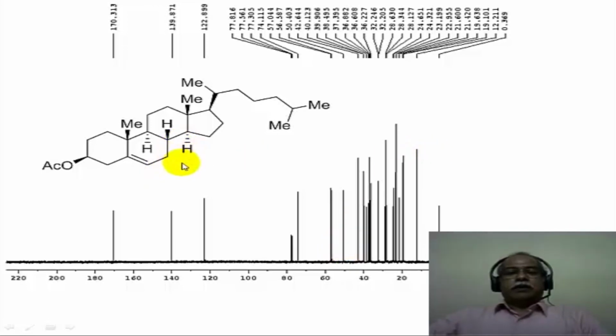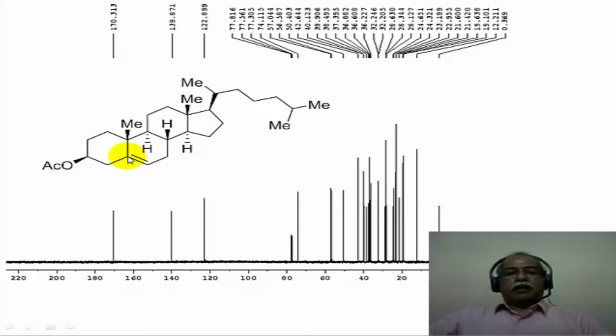This particular molecule is a steroidal molecule. This is the acetate of cholesterol. It has about 29 carbons or so, including the acetyl carbon. In fact, if one counts the number of signals that is given here, these are the frequency chemical shift values of the various signals that are here. You see about 27 or 29 peaks in this particular spectrum, corresponding to the various peaks that can be obtained for this aliphatic compound. Now, the most de-shielded carbon is the carbonyl carbon of the acetate, and that comes around 170 or so. So that can be readily identified.